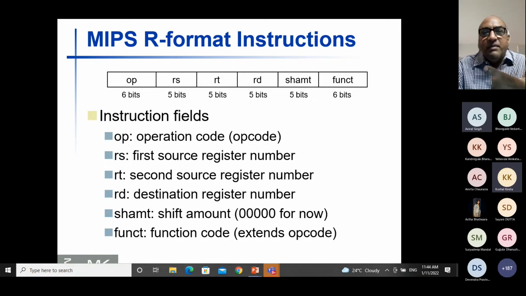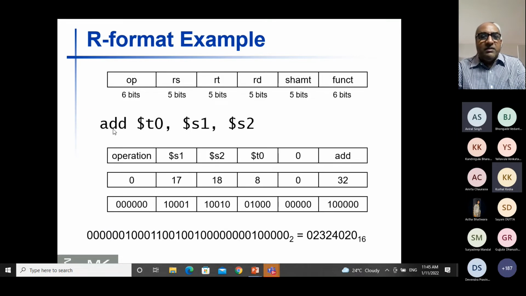Suppose you have a 32-bit number, right? And that 32-bit value, if you want to shift its bits right or left, for example, then that will be indicated by using this shift amount. Using this shift amount, you can represent whether to shift left or shift right, right? So this is the way all R format instructions are structured, as I already mentioned over here. And now you can see how we encode